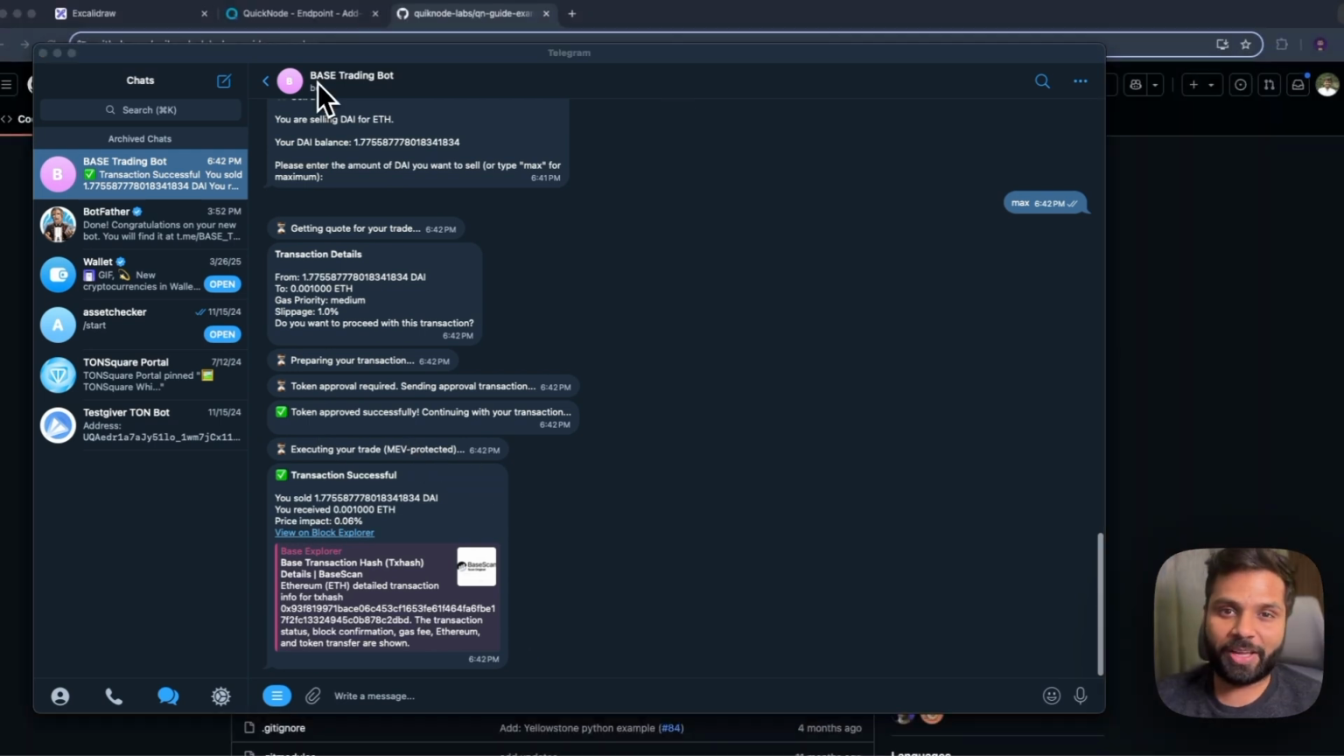So this is how you can create a smarter, faster and safer Telegram trading bot using a set of powerful base APIs. So hope you learned something from this